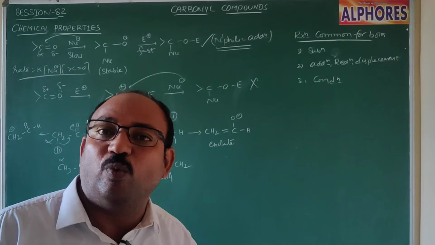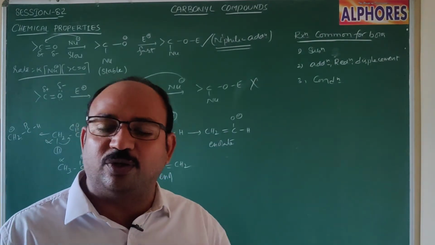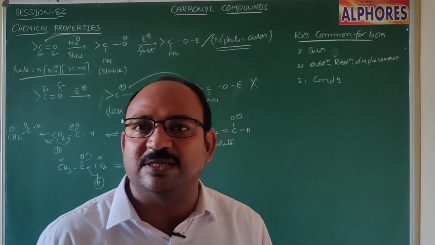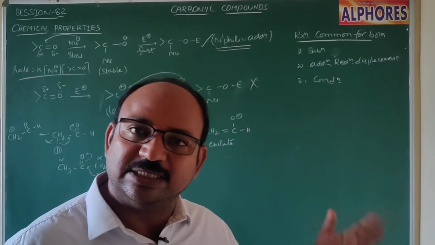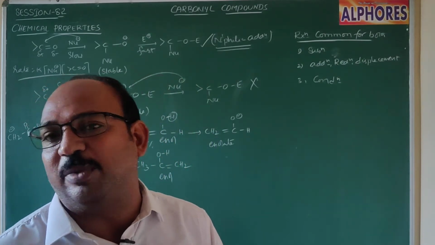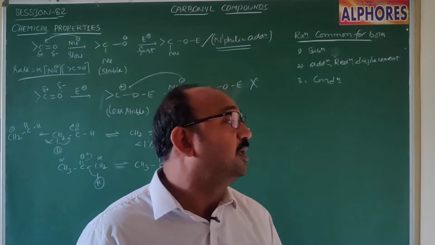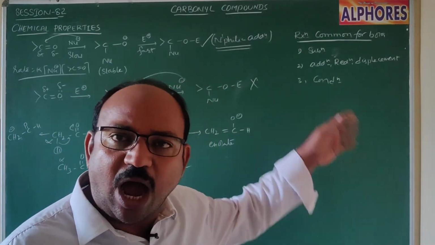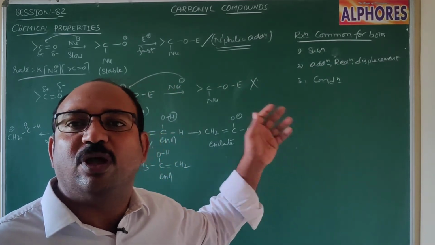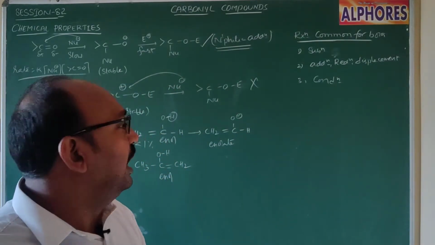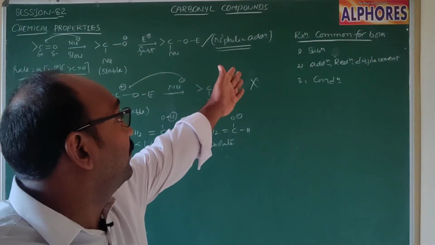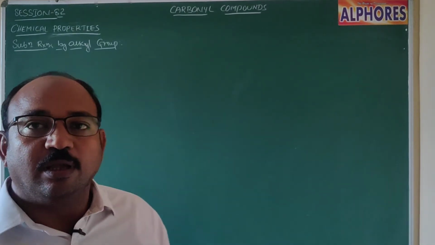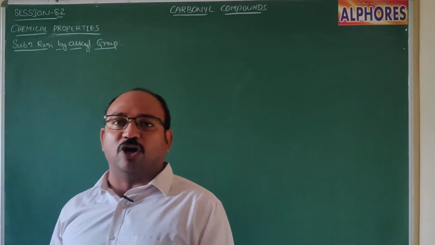And displacement, we can displace that carbonyl oxygen with two halogen atoms or with any other atoms. That means with displacement we are getting similar properties, meaning the C double bond O group will be replaced by CCl2 groups, right? And condensation reactions, the third one, is condensation reactions. All these properties are the same for both aldehydes and ketones. Now let us discuss from the first onwards, substitution reactions. Let us discuss first the substitution reactions of carbonyl compounds.